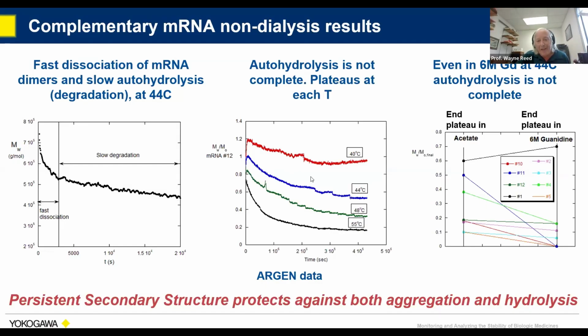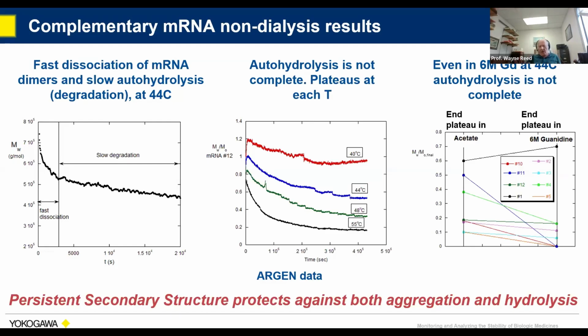So we went to 5 days over here in the acetate buffer with this particular RNA from that table. And you'd see that the hydrolysis never goes all the way down to close to zero, which it would if you completely chewed up the mRNA by this autohydrolysis. Instead, you get these series of plateaus. And so that was tipping us off to, well, there's lots of types of complex secondary structure in RNA. It's not simple.